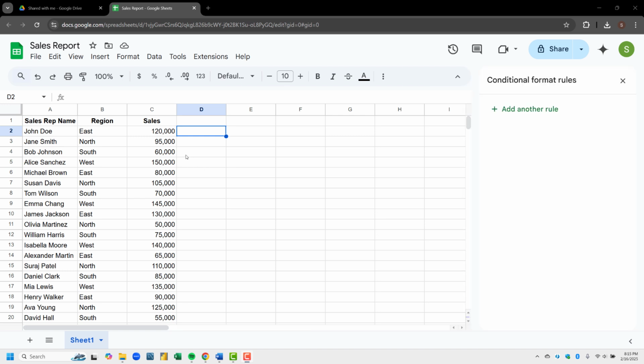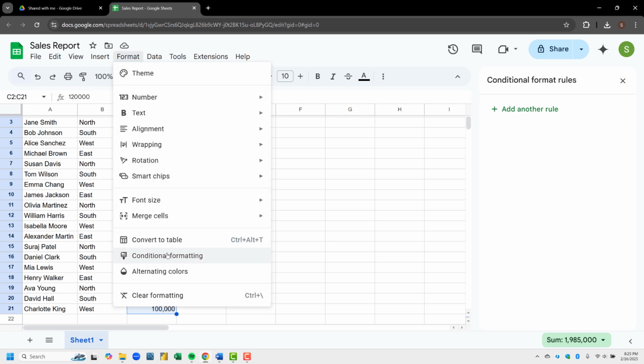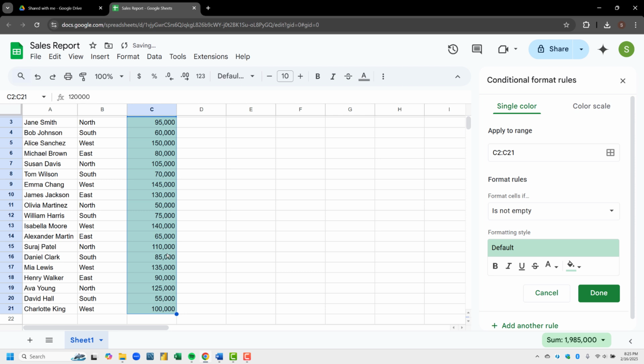report. First, I will select the cell range that contains the sales amounts achieved by the sales reps. Next, click Format on the menu bar. Finally, select Conditional Formatting. A Conditional Format Rules dialog box displays on the right side of the screen with various